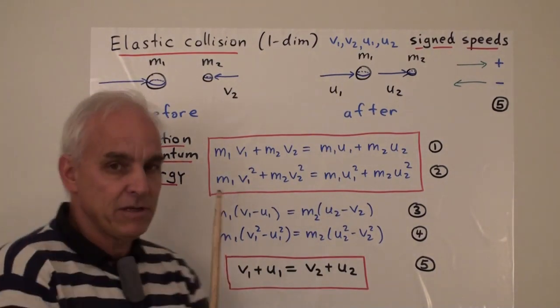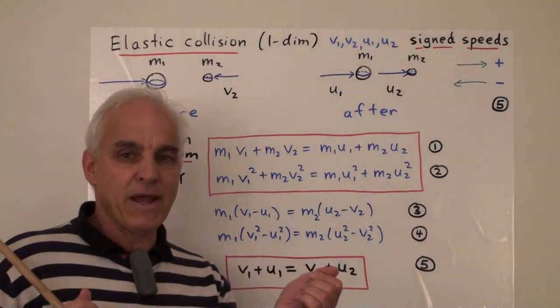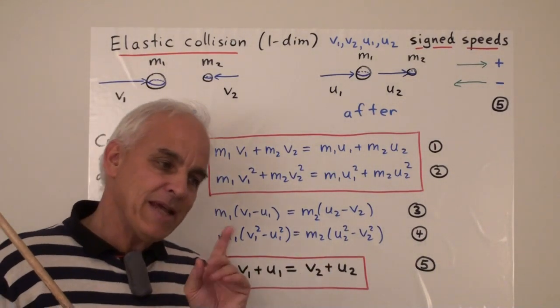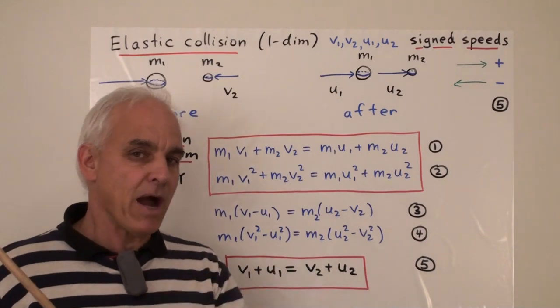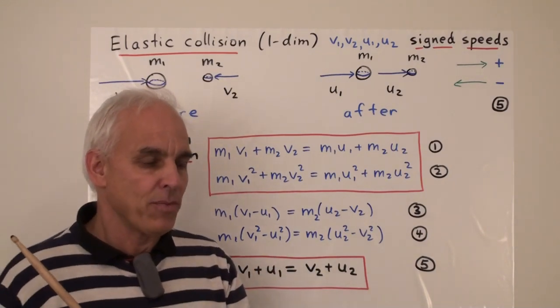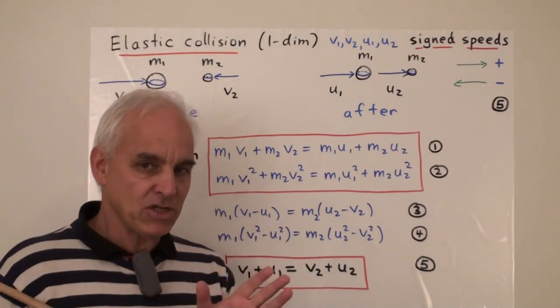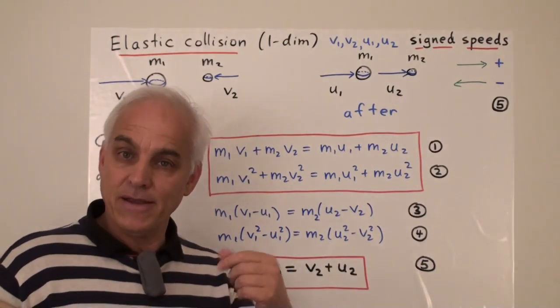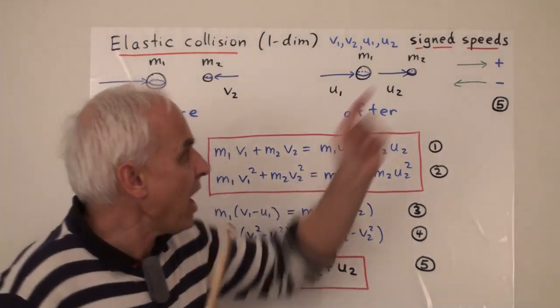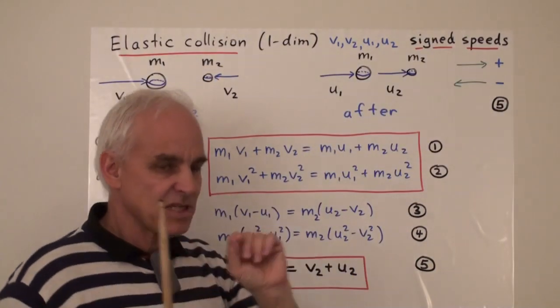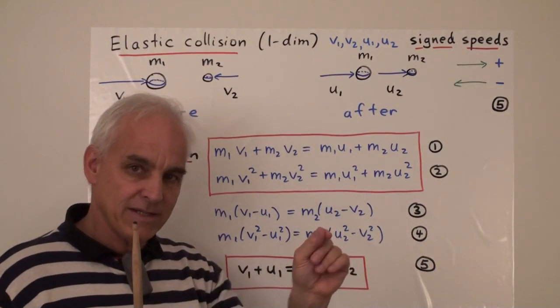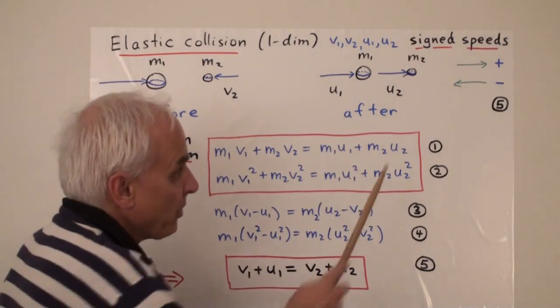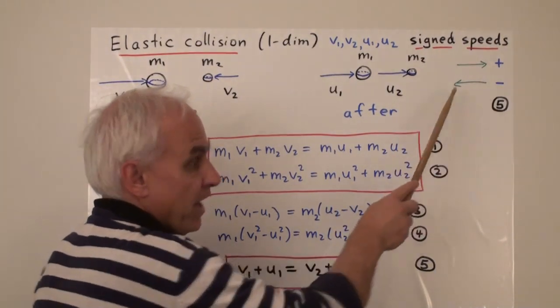Now, to make life a little bit simpler, because we're in a one-dimensional situation, we can really take care of the direction just with a plus or minus sign. So we can't do this in higher dimensions, but in one dimension we can get away with replacing the vectors with just numbers. In other words, signed speeds. So not just speeds, but speeds with either a plus sign or a negative sign, depending whether we're going, say, in the positive direction or the negative direction.